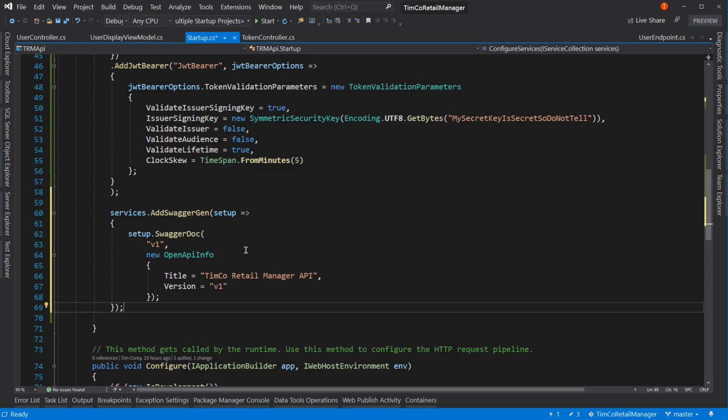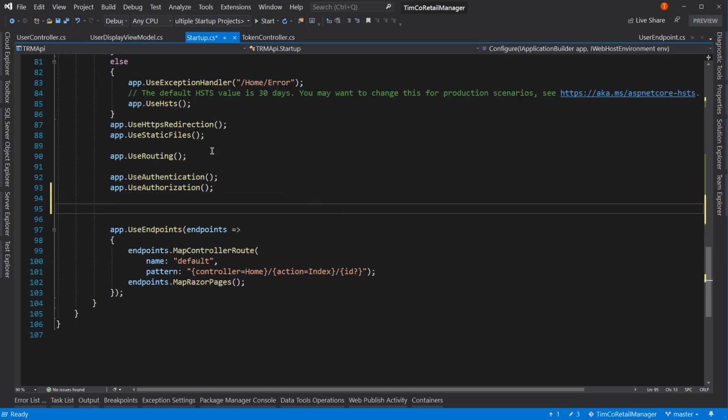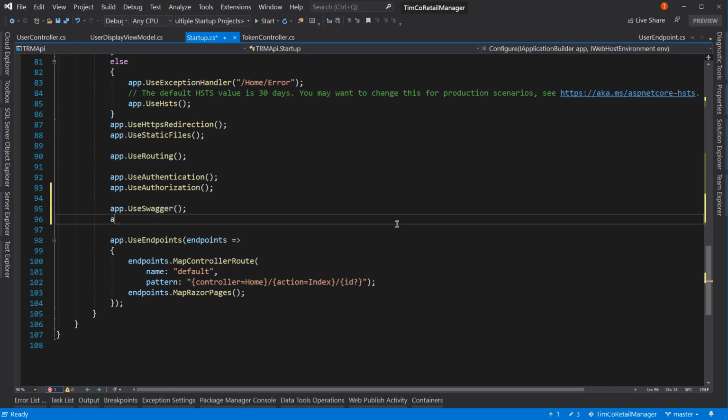Down below, let's go after our authorizations. Ordering is important in this section right here. So we're going to say app.UseSwagger, and then app.UseSwaggerUI, and then we'll say, let's do x, and then we're going to say